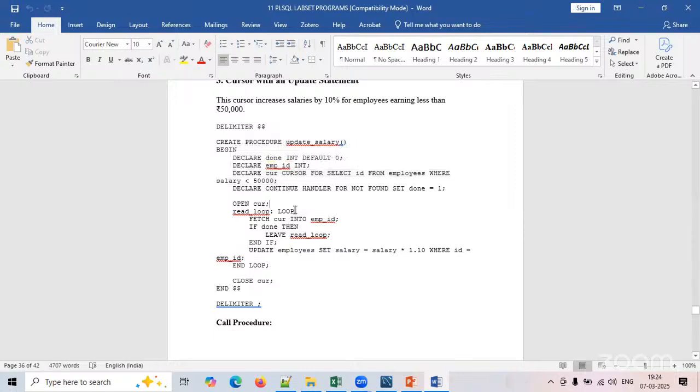Even a cursor is also one type of variable, but it does not have just one value. Instead, based on the query, it will have a rectangular lookup kind of table, and that is called a cursor. Using that table, instead of going to the table every time to fetch, which is very costly,